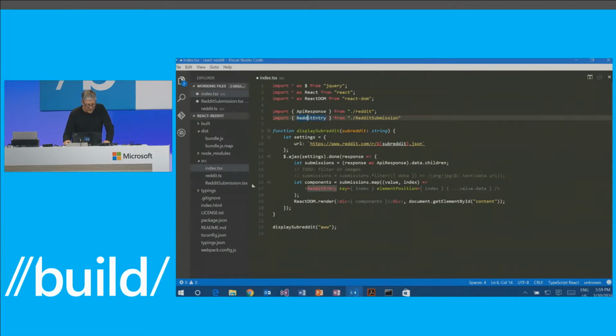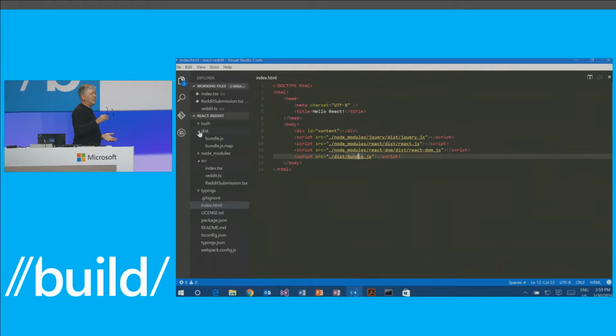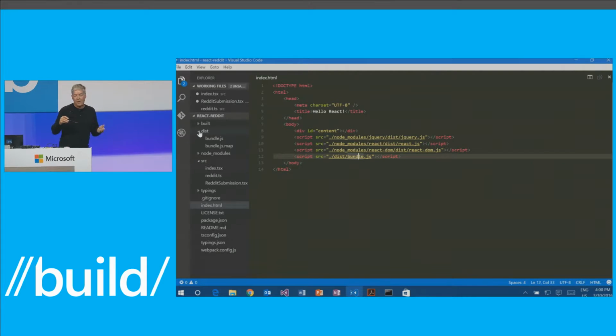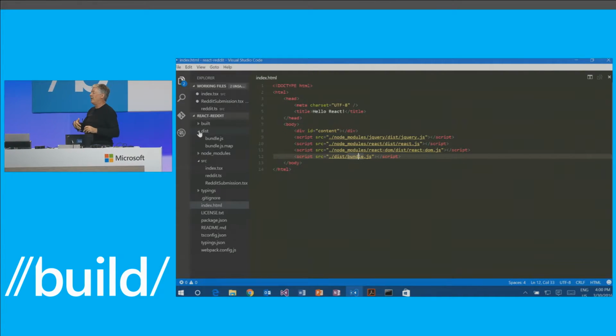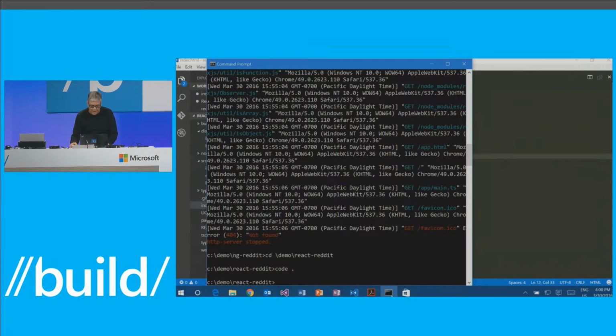All right, now before I run it, let's just look at how this app is put together. You'll see here that it basically loads up jQuery, React, React DOM, and then it references this thing called bundle.js. And bundle.js is actually a bundle of all of the files in my program. This program was written to use another JavaScript tool called Webpack. So in order to run it, I first have to Webpack it.